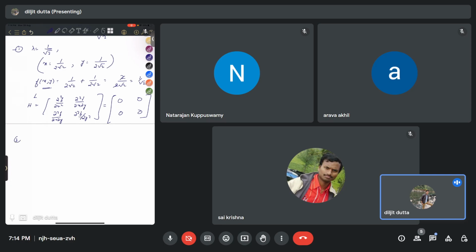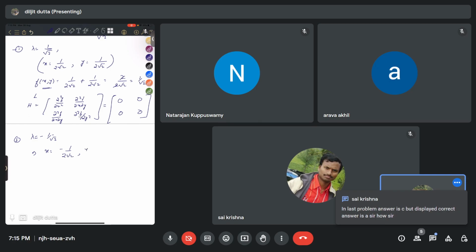So now the second condition is lambda is equal to minus 1 by root 2. In this case, x is equal to minus 1 by 2 root 2. Y is equal to